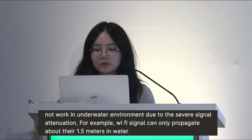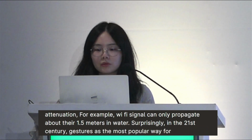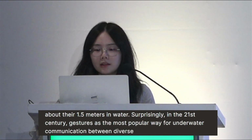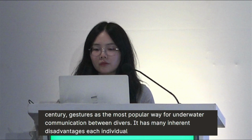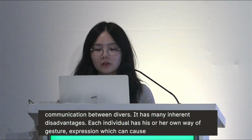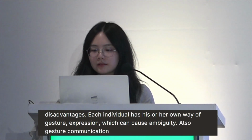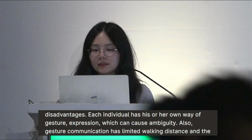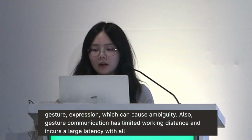Surprisingly, in the 21st century, gestures are the most popular way for underwater communication between divers. It has many inherent disadvantages. Each individual has his or her own way of gesture expression, which can cause ambiguity. Also, gesture communication has limited working distance and incurs a large latency. With all that background, we propose our method,